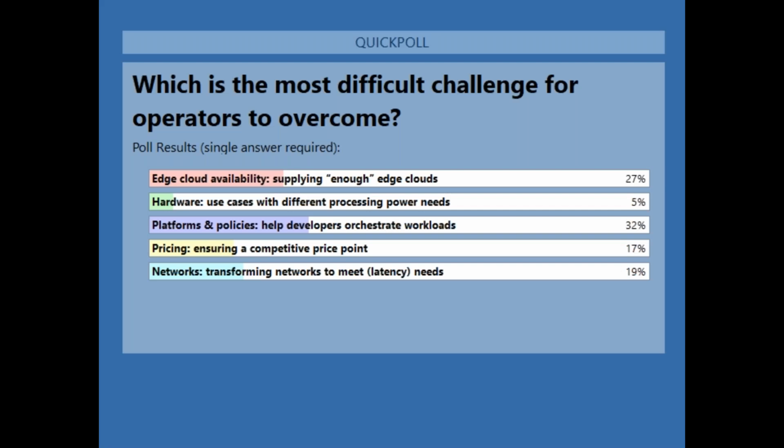Okay, so interestingly enough, I would say unsurprisingly, the platform and the policies factor is the most difficult. And you can argue that this is probably a capability that is most distant from what operators do today. So there are others, particularly in the cloud space, whether it's the hyperscale cloud providers or others who have the skills and the capabilities to provide these platforms and policies. And it may not be that the operators provide it themselves, but they need to partner with others. But I can see how this could be a particularly difficult challenge to overcome.